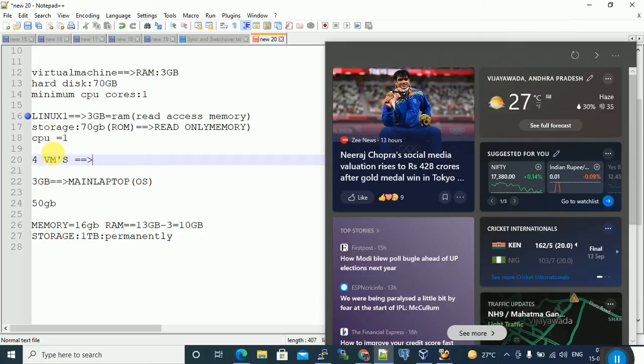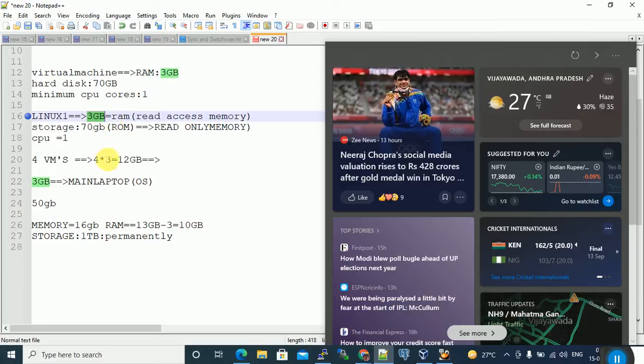4 into 3, how much? 12 GB. 12 GB RAM you can start at a time. The virtual machine uses this memory only when you start it. When you start this virtual machine, it uses 3 GB memory. When you stop this machine, it's not using this 3 GB.